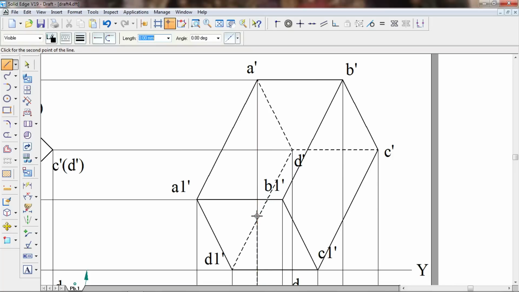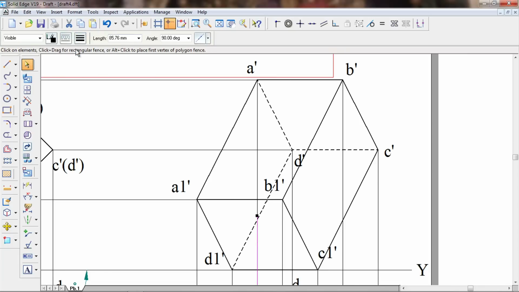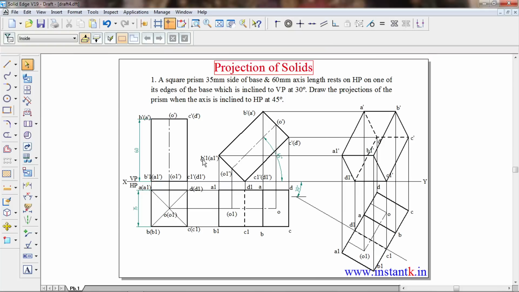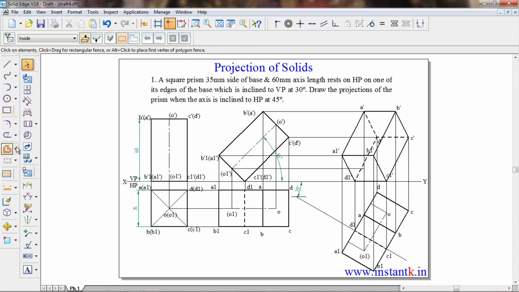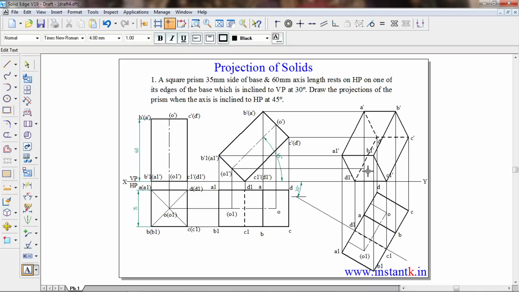It will come in the same line, should be 0.13 mm and this should be a thin line. Then from this we can draw horizontal projection lines, but it should be a thin line and it should be a continuous line. We can write here O1 dash, take a text tool, then here we can't see O1 dash, so O1 dash we can write like this.